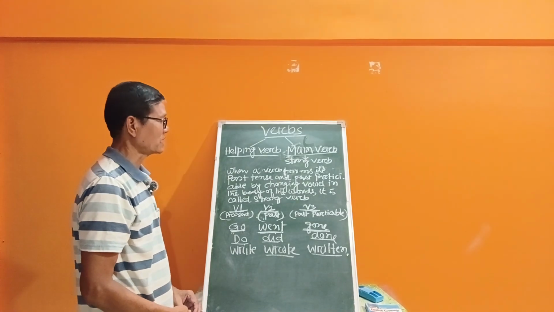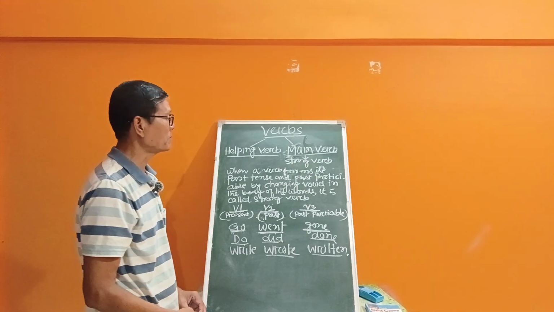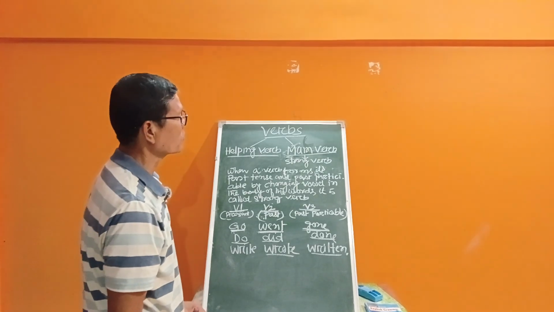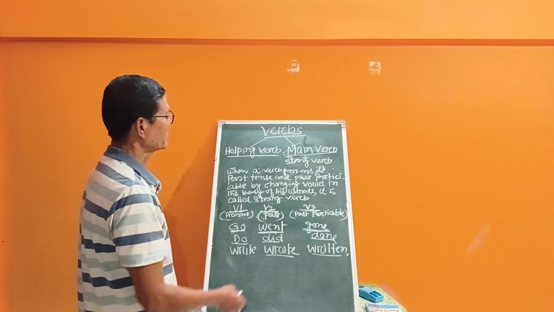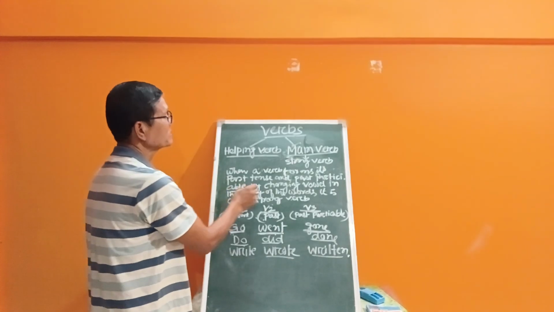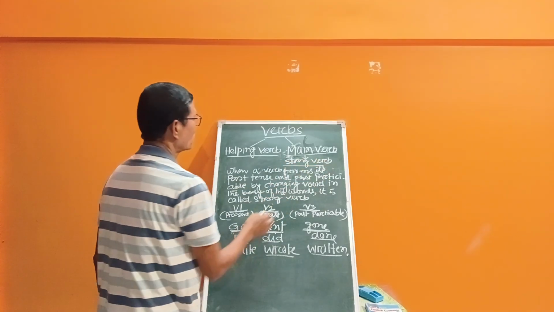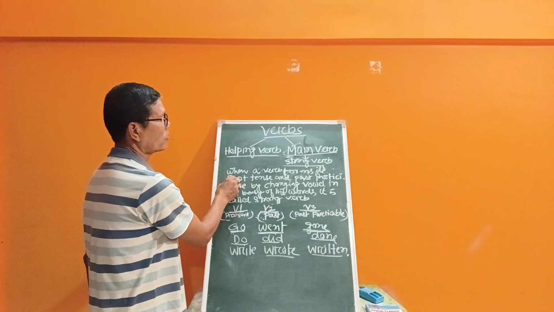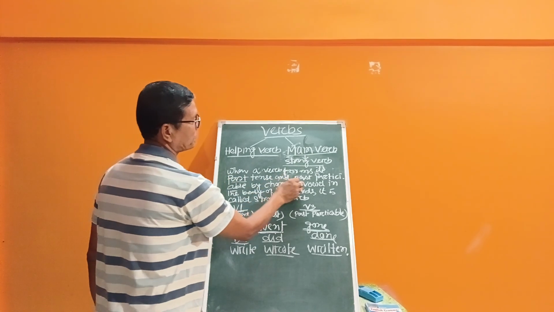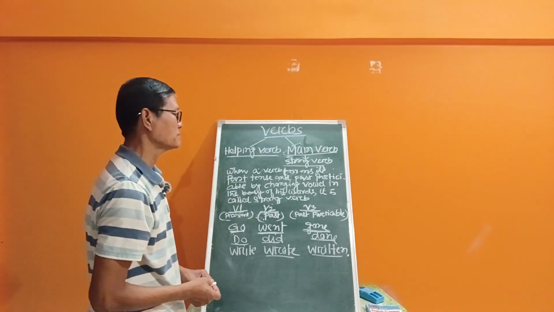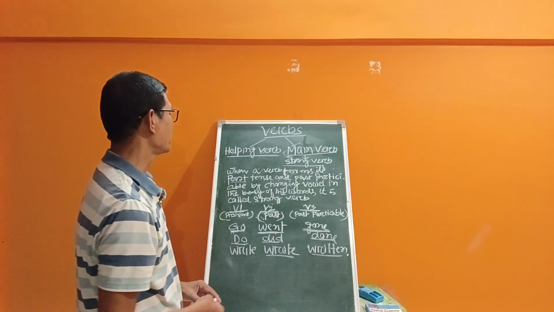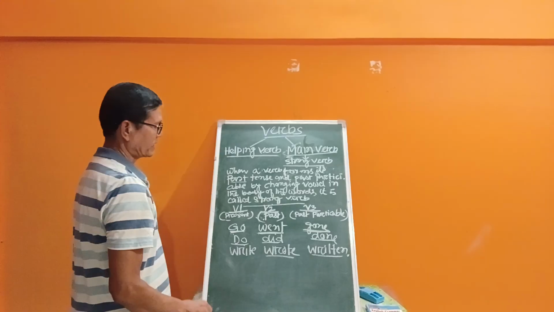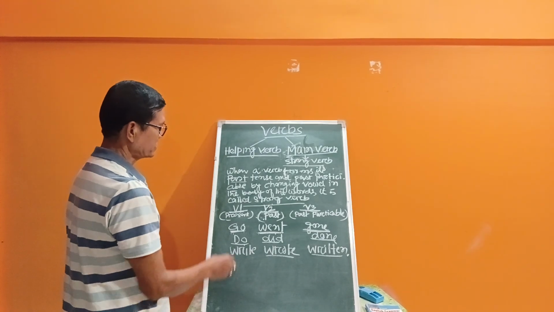Now let us discuss next what is the strong verb and weak verb. Next is strong verb and weak verb. Now let us see on the board what a strong verb is. Strong verb: when a verb forms its past tense and past participle by changing the vowel in the body of the word, it is called a strong verb. As an example, we see